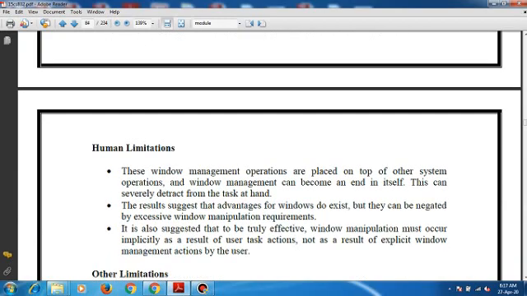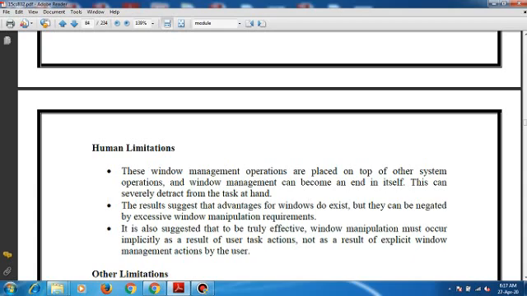The next one is human limitations. A windowing system is a complex one, and it requires learning and using more operations, because as we know, practice makes a man perfect. We need much practice so that we can become a master of that windowing system.